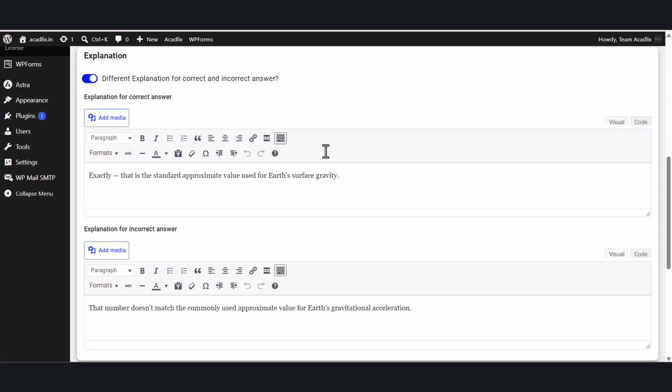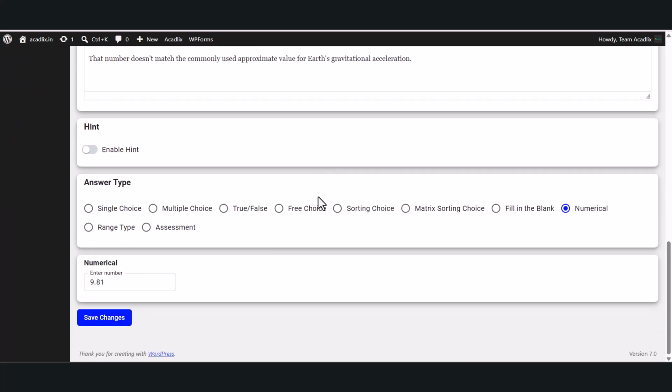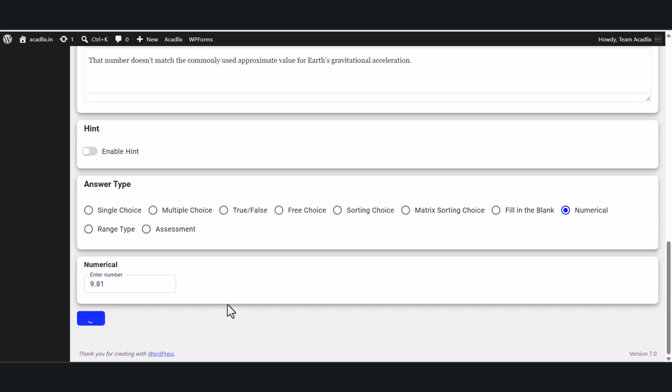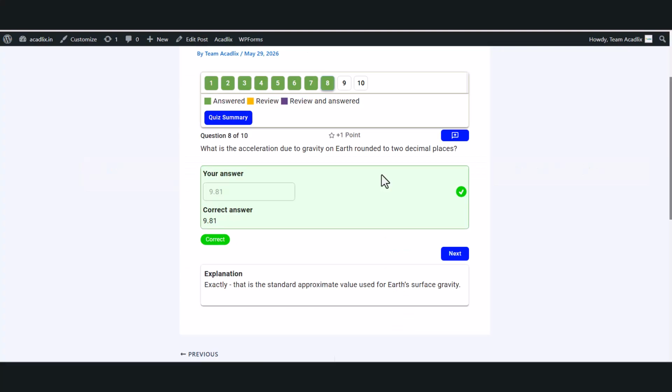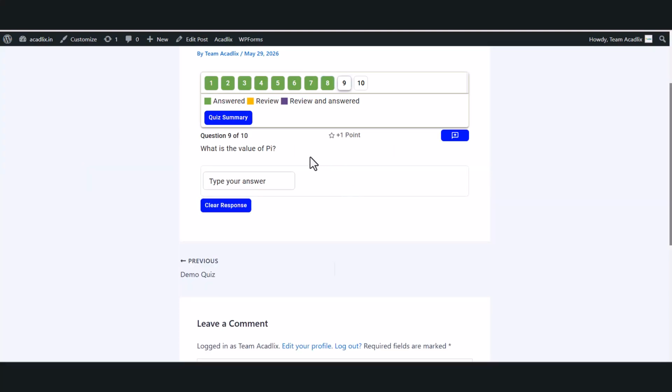This will be the same as other question types, and you have to set the numerical and enter the exact value here and click on save changes. Sometimes answers may vary slightly due to calculations or rounding differences. That's where range type questions become useful. Instead of requiring one exact answer, you can define an acceptable range and any answer within that range is considered